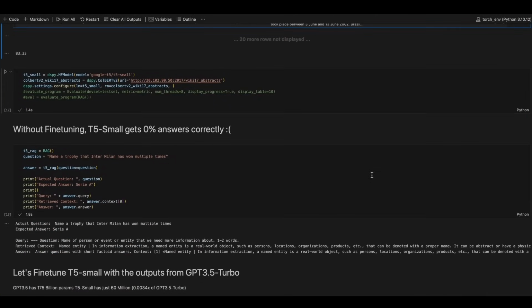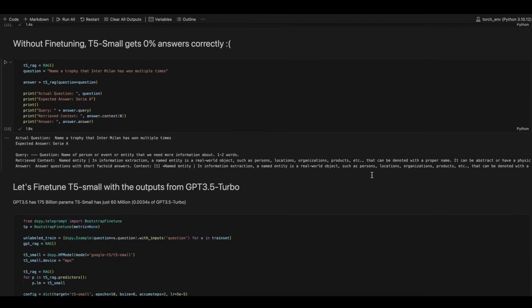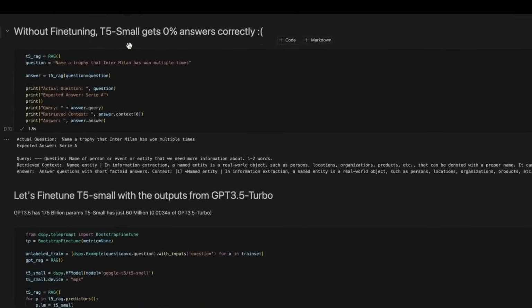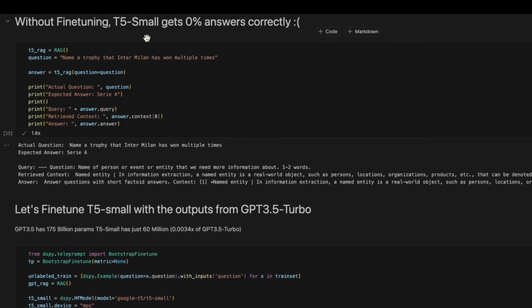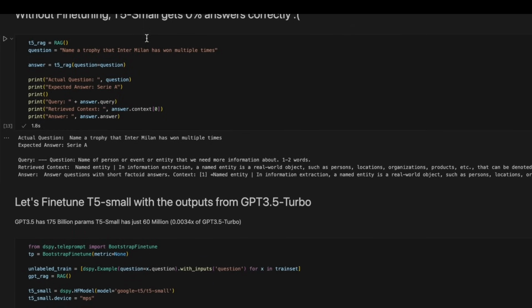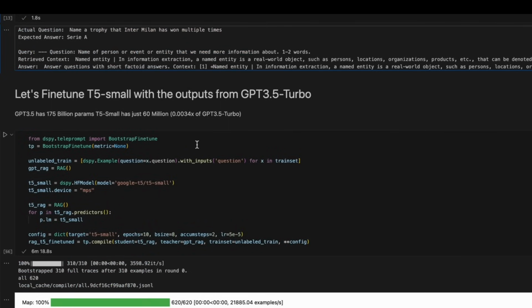But before fine-tuning, let's see how much a T5 model actually scores. It actually scores 0%, and the reason is that it's not able to generate the queries correctly, and obviously because the queries aren't right, the retrieved context is not right, and it's not able to generate the answer correctly either. So now let's take the RAG that's run by GPT 3.5 Turbo and then use that to fine tune